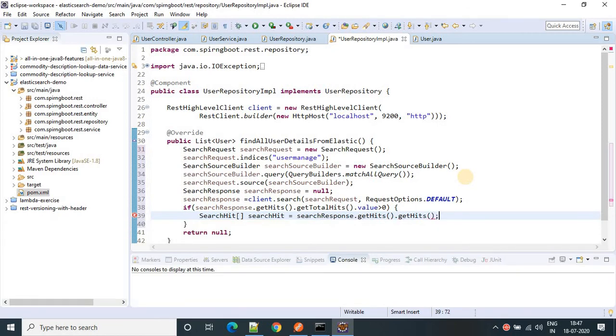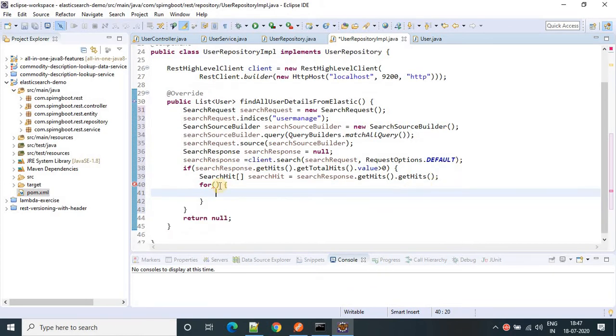Okay, this is done. After that we have to iterate because we need to find all the objects, right? So take a for loop here, and we need to create the reference instance of the search hit, let's suppose hit, and iterate it. It's my for-in loop.